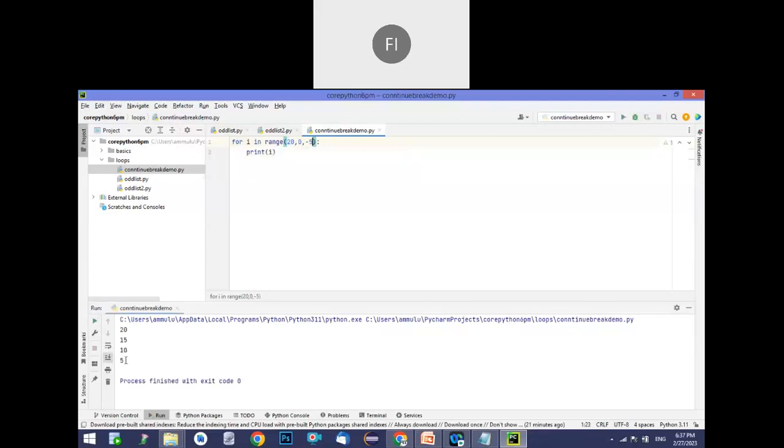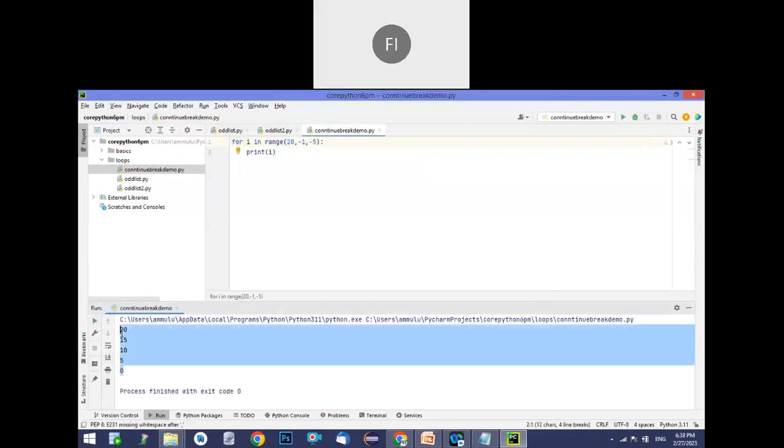Okay. So now you are getting 20, 15, 10. See, it's not printing 0 because we mentioned the 0 as the target. So if you want to print the 0 also, mention the -1. Now you will get even 0 also in your output. See that. So range function, is it clear everybody now? Incremental way, decremental way, all of you.